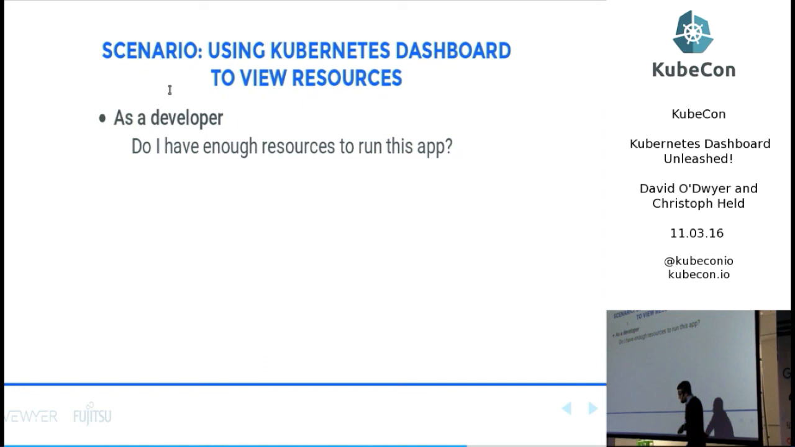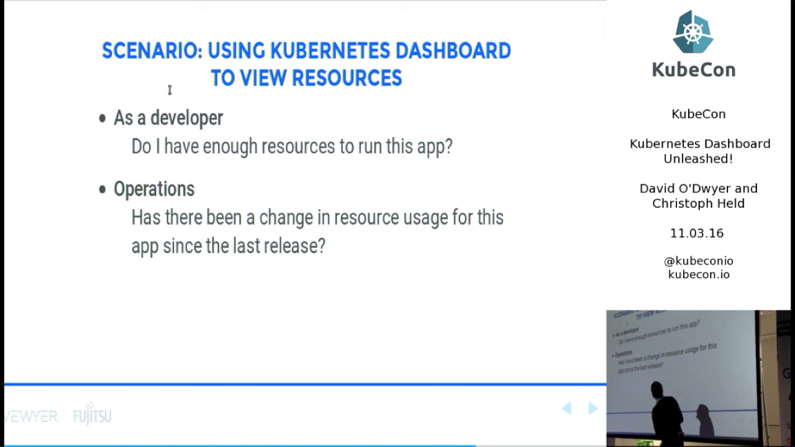And so you may have registered a pool of resources to a development team, and they have to manage that pool. So now they're looking at the resource pool available to them through the UI, and they have to make a decision about either removing some of the resources that are currently being used, or going ahead and putting in a request for additional resources. So that's one scenario. From an operations perspective, has there been a change in resource usage for this app since the last release? So in this instance,